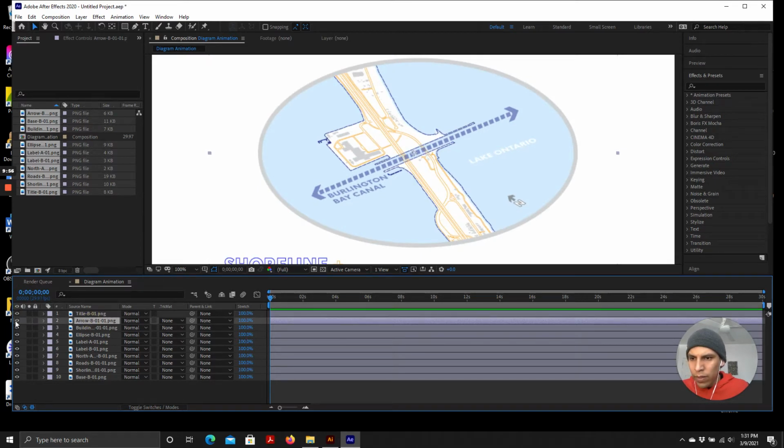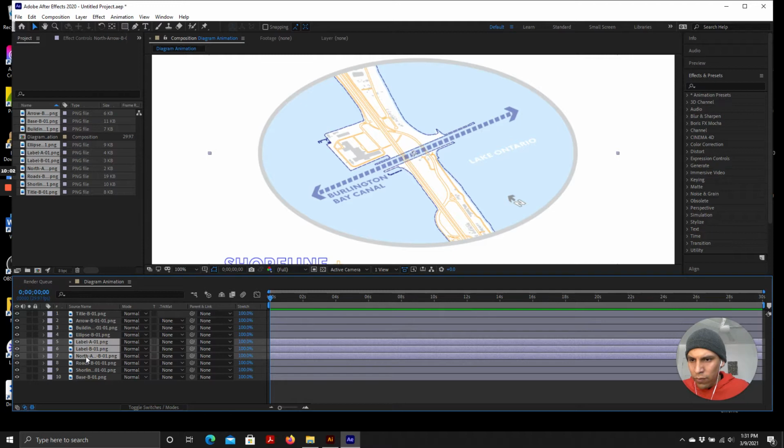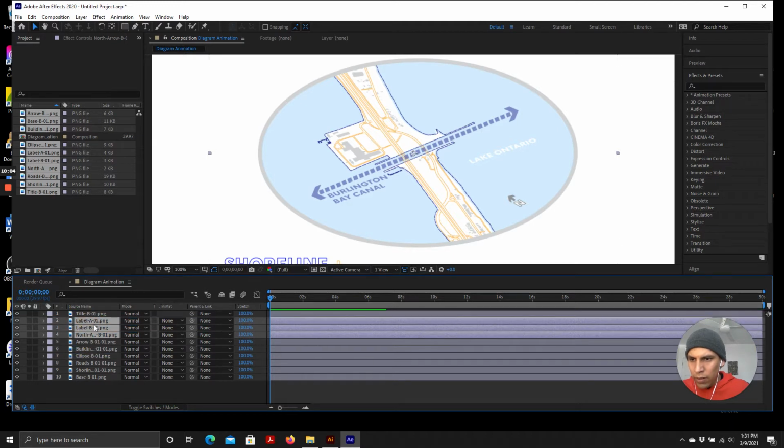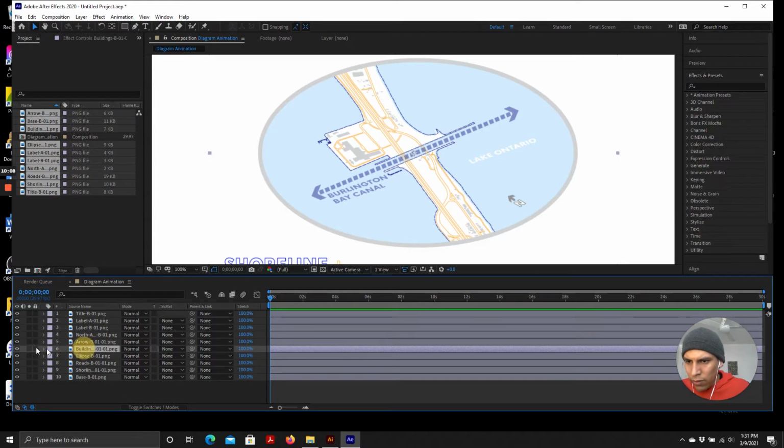That's our title. Our arrow. I think that's okay there. I'm just going to move the north arrow and the labels, which are these, up under the title, just so I kind of categorize them in my head. We have the arrow, we have the buildings. The buildings can probably go down